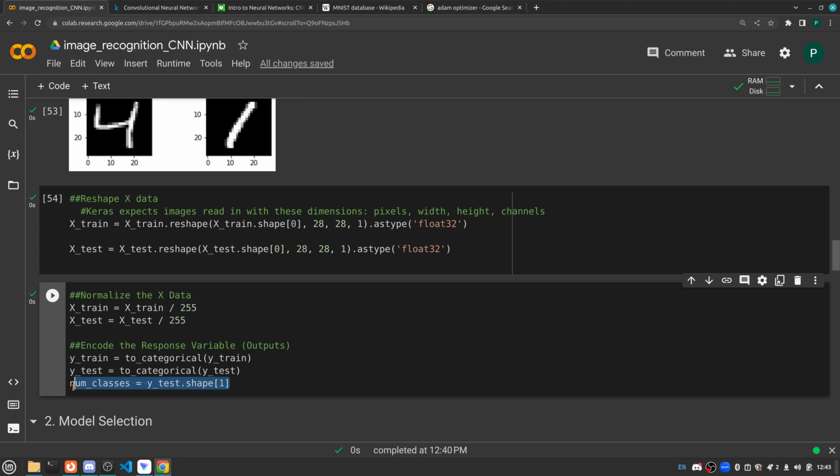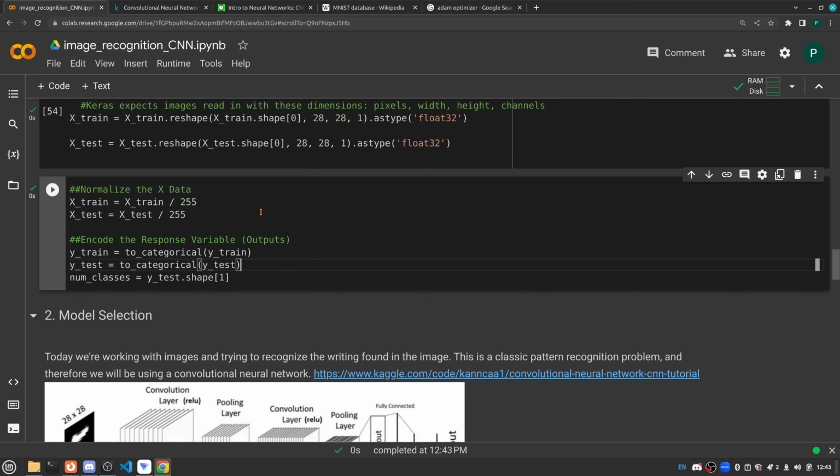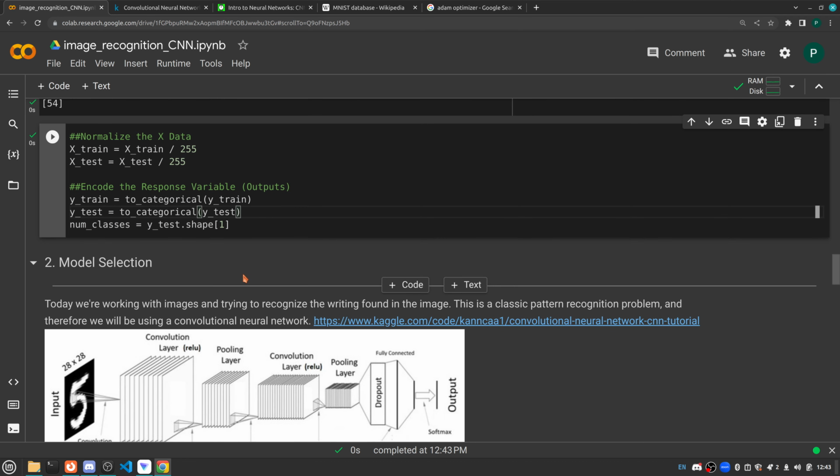And then we're going to tell it how many possible classes there are in the entire data set by creating a new object called the number of classes, so how many possible responses, and that'll be equal to the Y-test shape at position 1. Okay, so just the total possible number of outcomes for this entire data set. So let's go ahead and run that. Looks like everything ran fine. We don't have any kind of output, which is good news as always when we're just creating variables or